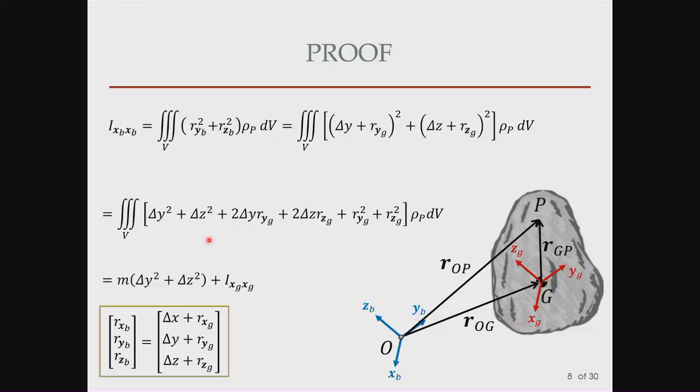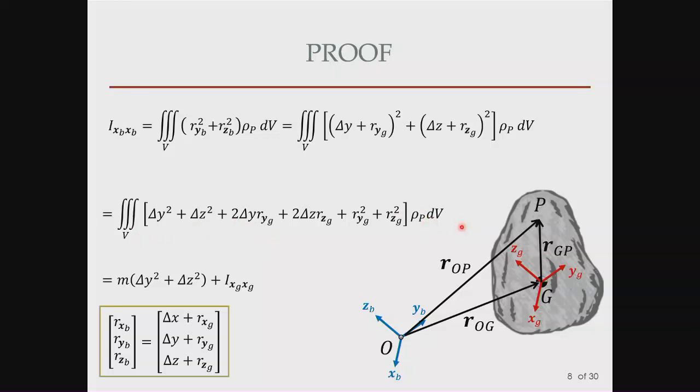So these two, they become 0. I'll explain why. Let's look at this one, for instance: 2 delta y times yg. Because delta y is a constant as p moves, I can take it out together with the 2 out of the integration, and then it becomes the integral over ryg